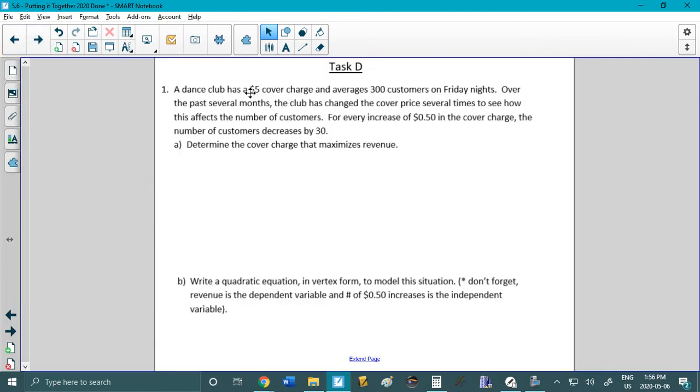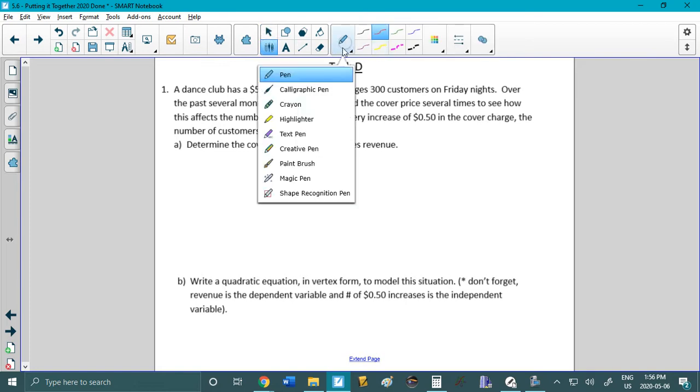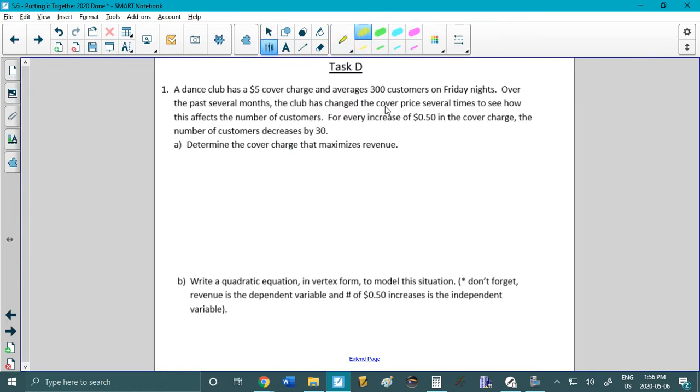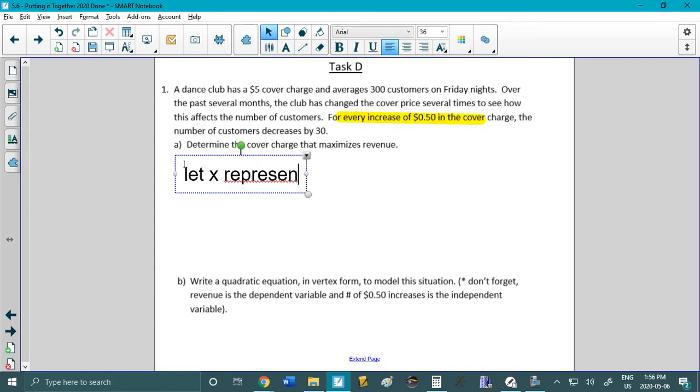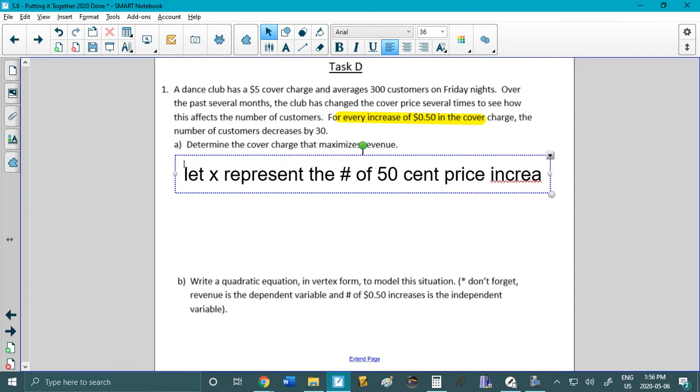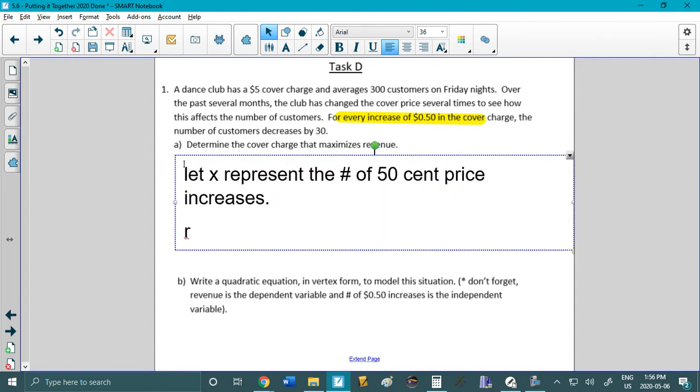Next one, a dance club has a $5 cover charge, 300 customers. Over the past several months, they've changed the cover price several times. For every increase of 50 cents, so here's the key, the number of customers decreases. So, first thing, let x represent the number of 50-cent price increases. And now we have our revenue function